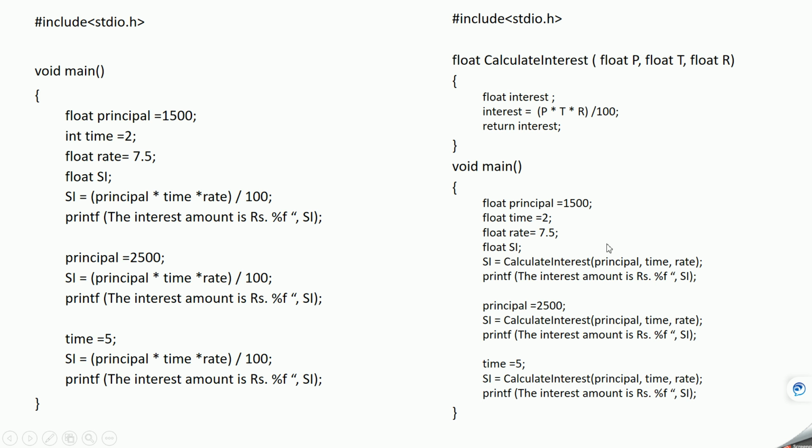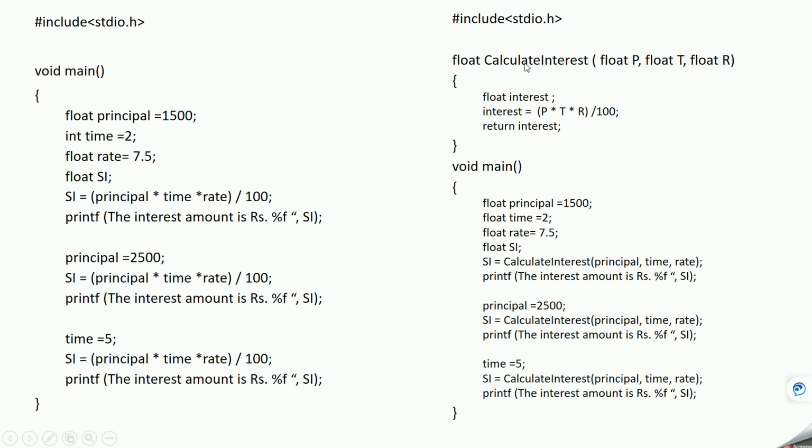At this point, these variables principal, time, and rate are the actual parameters. So we can define it like this: the parameters that are passed to the function are called actual parameters, because we are passing them from here to this function. This is called parameter passing.